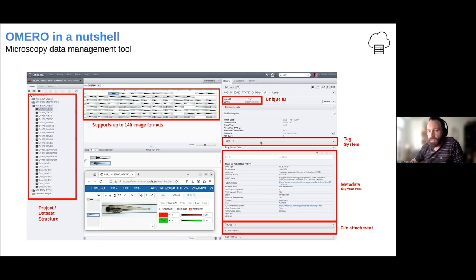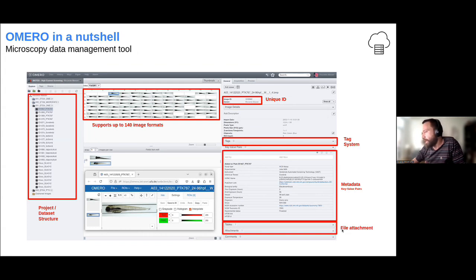You have a tag system that allows you to create a hierarchical structure of your data and have different tags for different images and search them in a nice way. You can also attach metadata that works with key-value pairs that are also searchable. So you can search, for example, associated values like experimenter, instrument, biological entity, and so on. This is completely flexible and depends on your experimental setup.